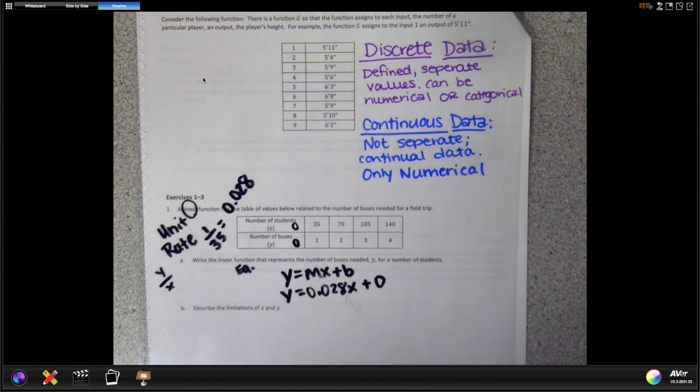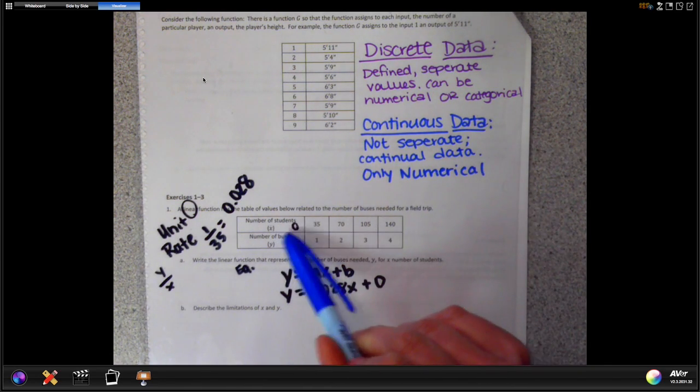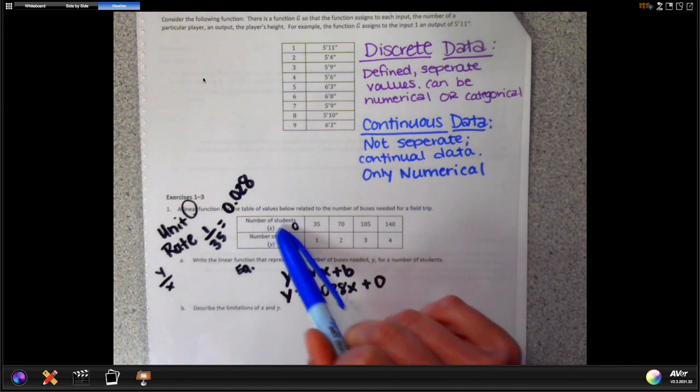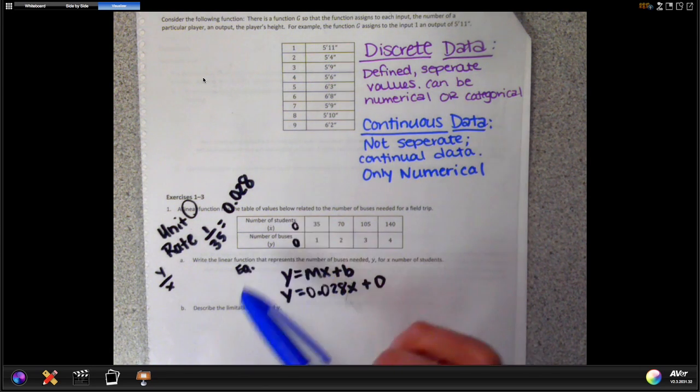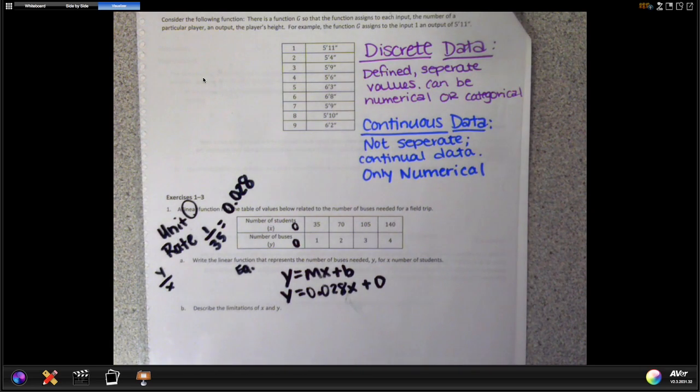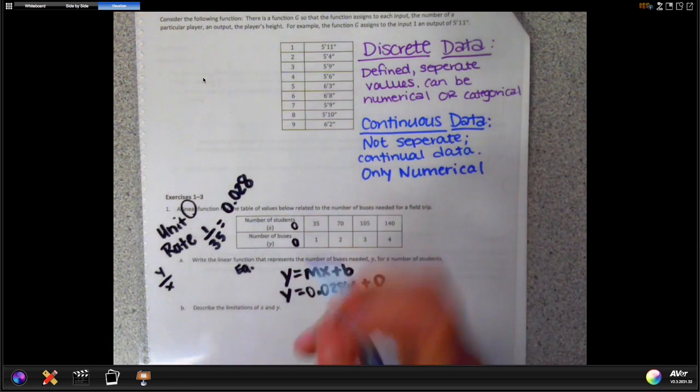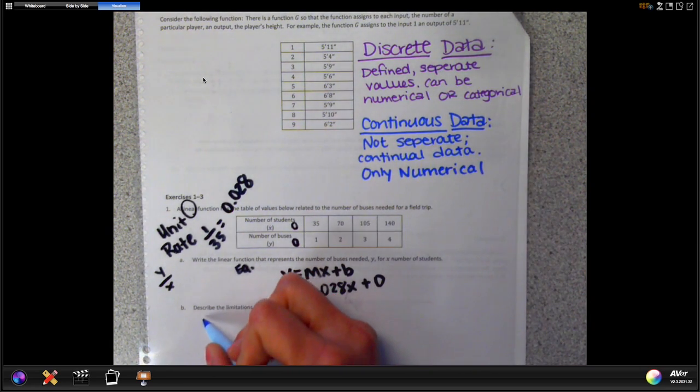Okay, now part b, describe the limitations of x and y. So in this lesson, I really like it because it forces you to not only use the math, but to use your brain to think about scenarios where the math fails you. So the limitations of x and y. Let's first think about what numbers we can't have that are obvious. So x stands for number of students, and we can't have a negative number of students, nor can we have a negative number of buses. So negative numbers